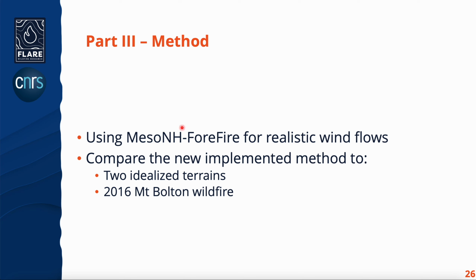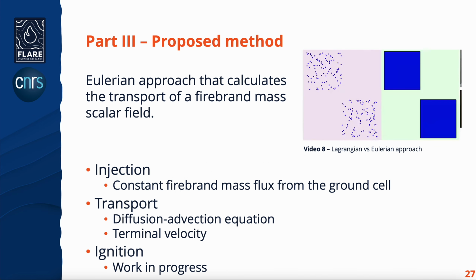So the method that we're going to follow is pretty similar to the previous one, in that we're still going to use MesoNH4Fire to obtain realistic wind flows. And in this case, we're going to compare the new implemented method across two idealized terrains, and with a realistic simulation of the Mount Bolton wildfire that happened in 2016 near Ballarat. The method that we propose is to have an Eulerian approach that, instead of calculating individual trajectories of particles,